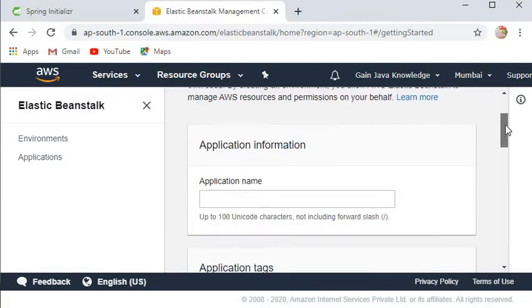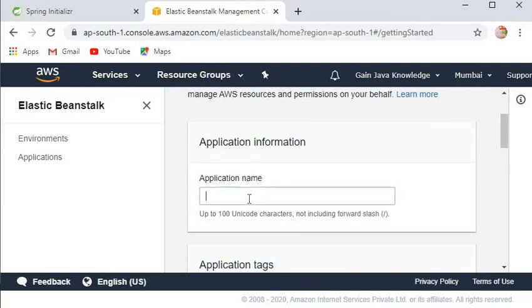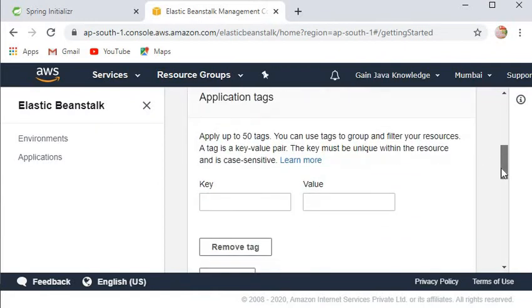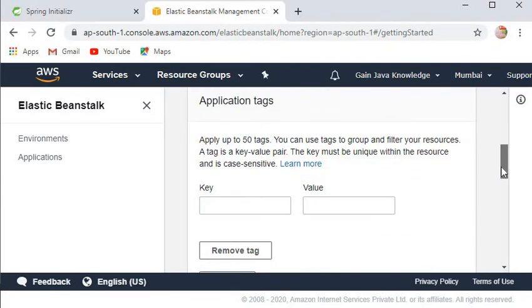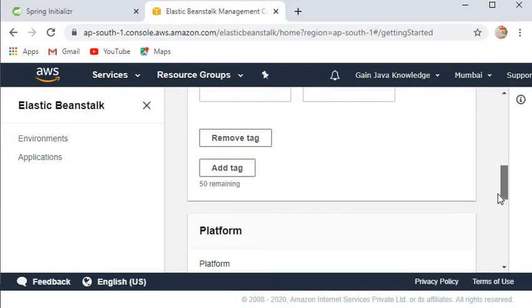And now we need to define an application name, Spring Boot with Elastic Beanstalk, and here we can define the tags in the form of key value.